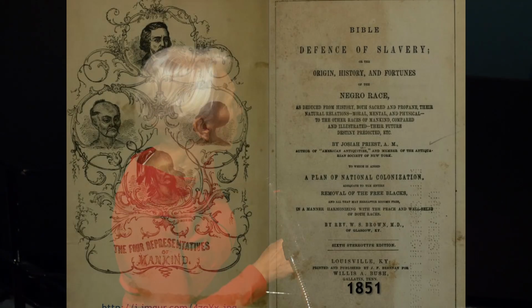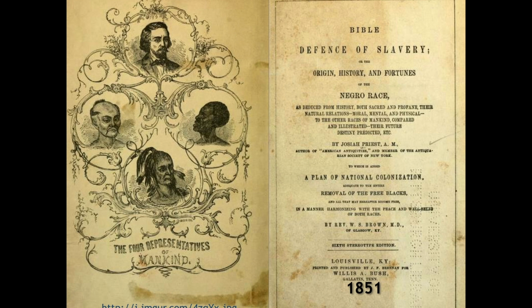It's going to support it. How convenient. Have pseudoscience supporting a completely bankrupt and inhumane trade in human lives. And we have the same kind of pseudoscience that bolsters some pseudo-religious accounts, the biblical defense of slavery, among many others, written in the early and mid-1800s, that takes these